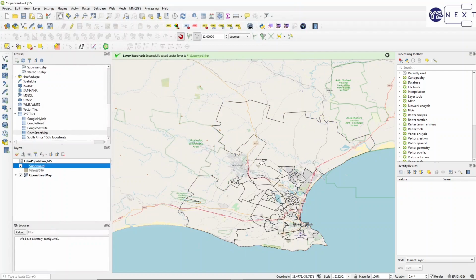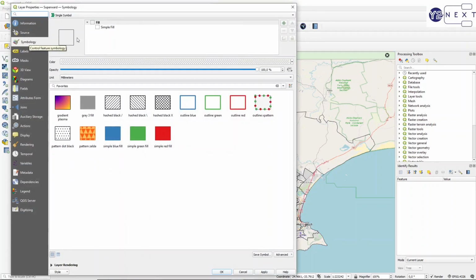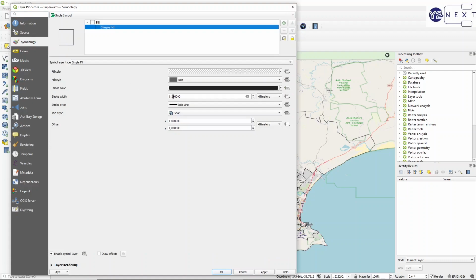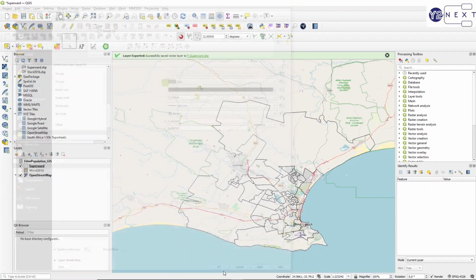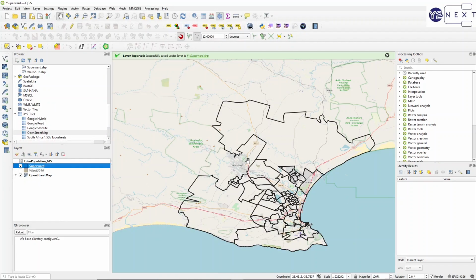So there is my transparent Superwards, but the black lines are a little bit thin, so I'm going to change that again. My properties, I'm going to use the symbology, simple fill, and I'm going to increase that say to 0.7, make it a little bit thicker. So if I click on that, there's my Superwards,